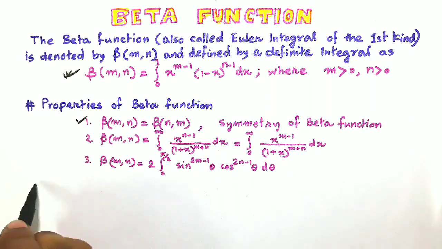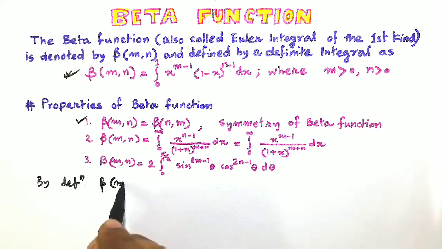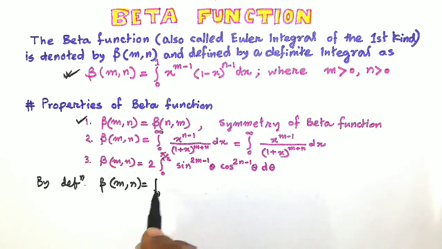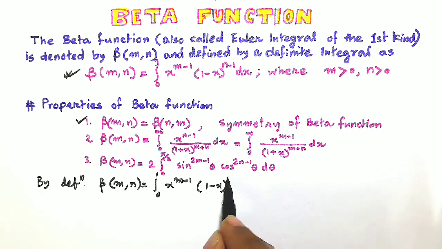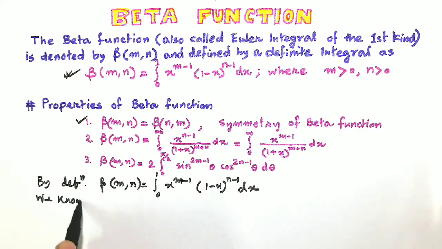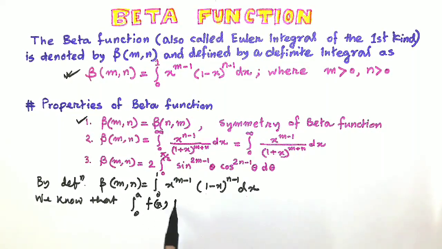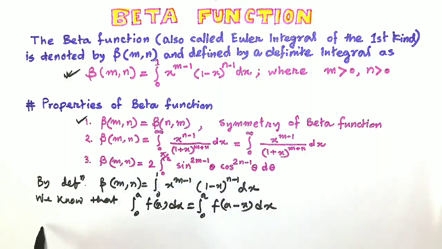So friends, by definition we can write beta(m,n) is equal to the integral from 0 to 1 of x to the power m minus 1 into (1 minus x) whole power n minus 1 dx. We know that, friends, the integral from 0 to a of f(x) dx is equal to the integral from 0 to a of f(a minus x) dx. This is a property of definite integrals. And using this one, we can write that beta(m,n)